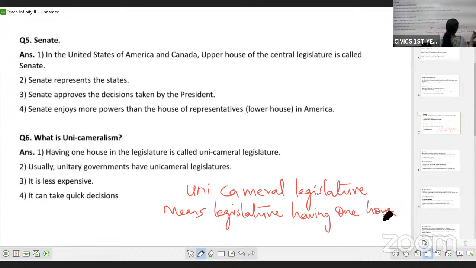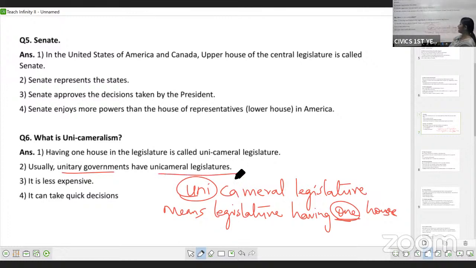Okay, legislature having one house. The word uni means one. So when a legislature has only one house, then we call it unicameral legislature. So in unitary form of government, where you have only one government for the whole country, we find this unicameral legislature. Okay, as you will have only one government, elections are held for only one house, so it